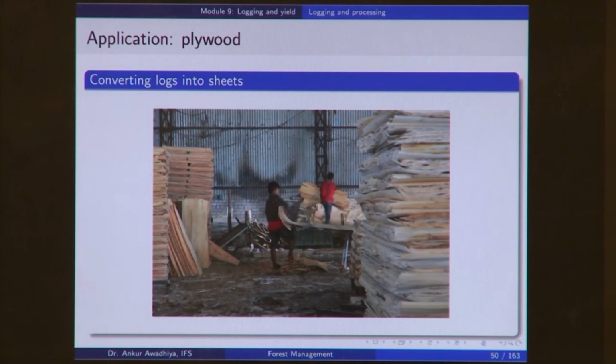Now, these days to reduce the consumption of wood, plywood is advertised as a good option. Now, the best thing about plywood is that it comes in the form of a flat sheet. So, it is very easy to work with. So, how do we make plywood? Plywood is made by converting your log into very thin sheets. The process is very similar to sharpening of a pencil. So, you take a pencil and you put it through a sharpener, and